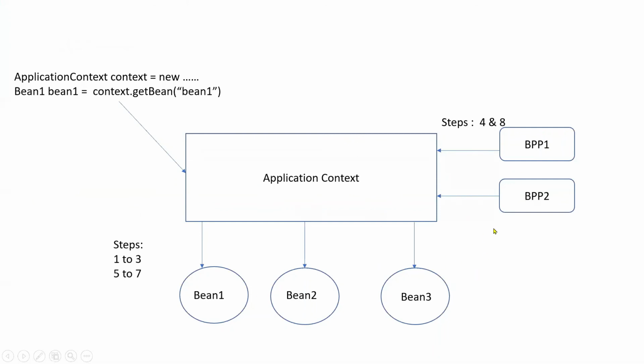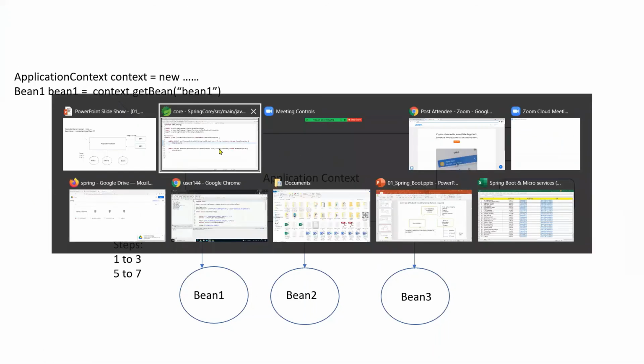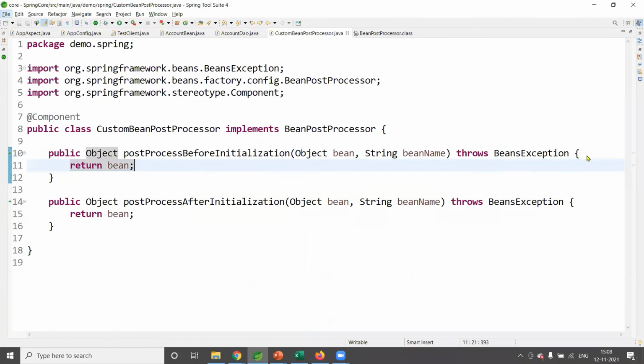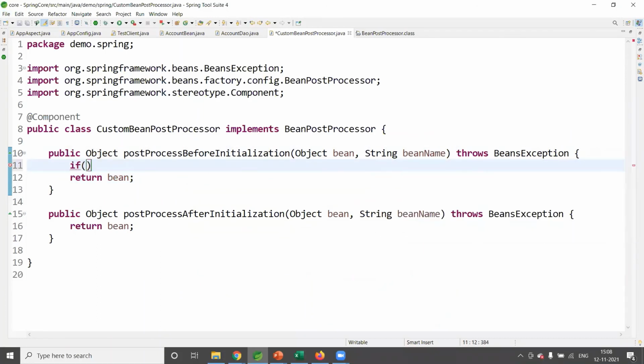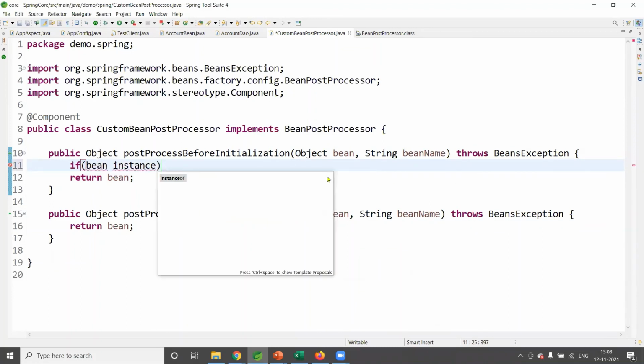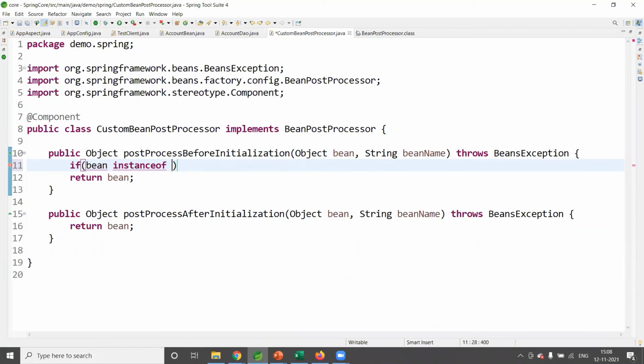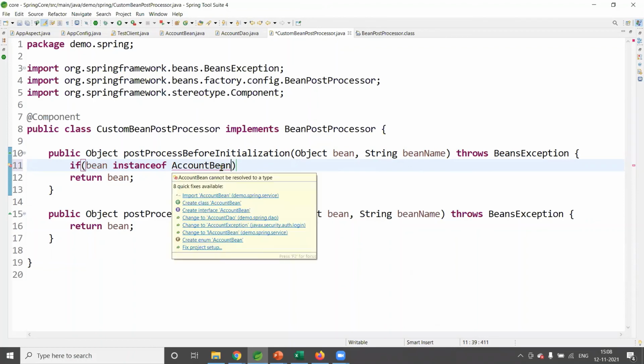We cannot limit or restrict it. But inside the post processor, we can check, suppose, if the bean is an instance of AccountBean, then only we want to apply this.